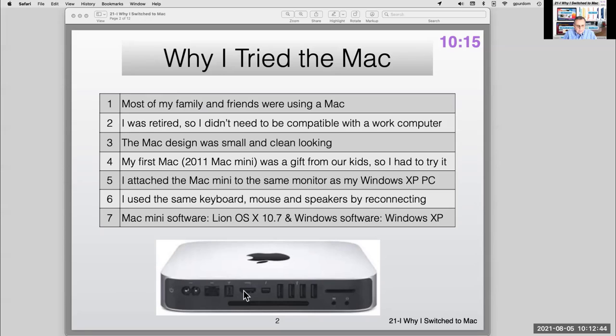And this also had FireWire 800, which is a proprietary Apple connection device. This was a USB 2, and FireWire is kind of in between USB 2 and USB 3 for speed and capability. And the software I was using on this was